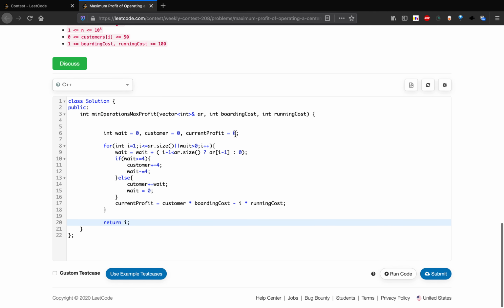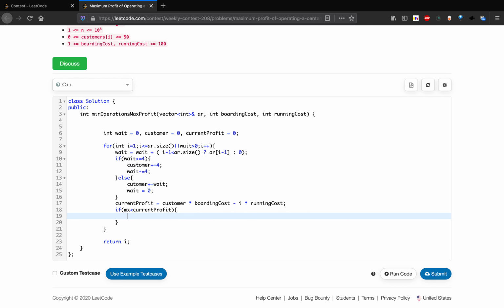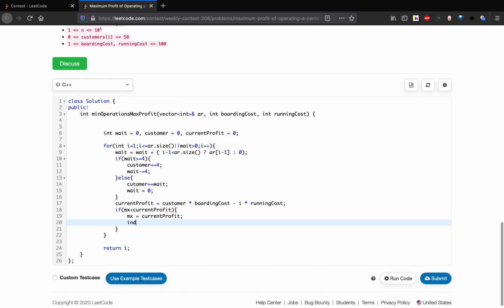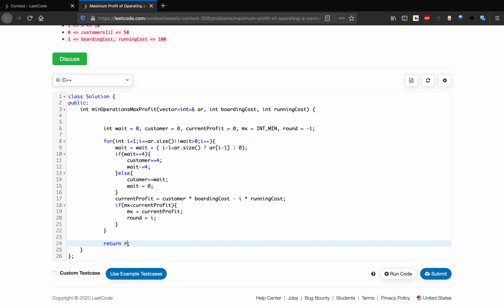So we'll also have to take, if our max is less than current profit, then we'll have to update this max, and we'll have to update this round. So let's take this variable equals to round. So our max will be int minimum, and let's take this round equals to -1. Cool, and return this round.